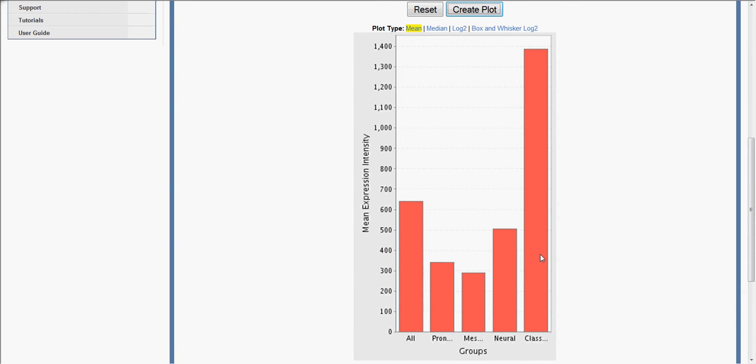It is not difficult to say that in the classical subtype of tumor, the expression of this gene is obviously much higher than the level of expression in the other 3 types. Just by viewing that, it looks like at least 2 times higher. So this indicates that this gene probably can be used either as a marker or as a therapeutic target for this particular subtype of